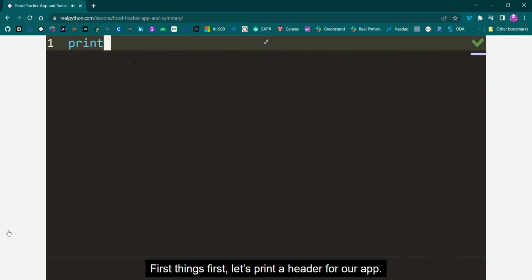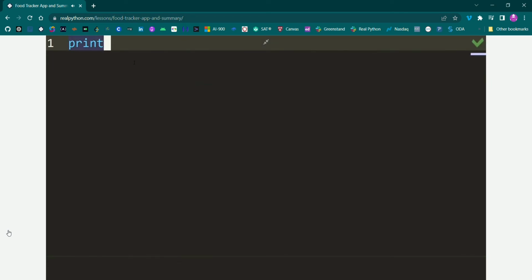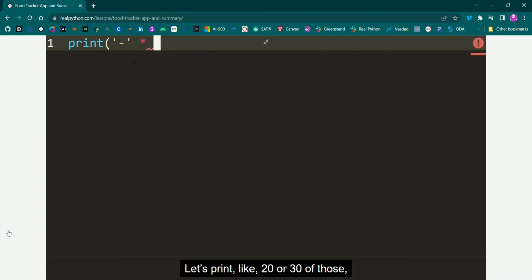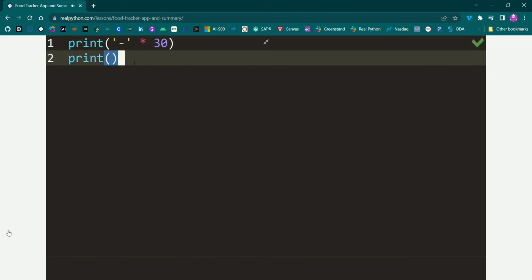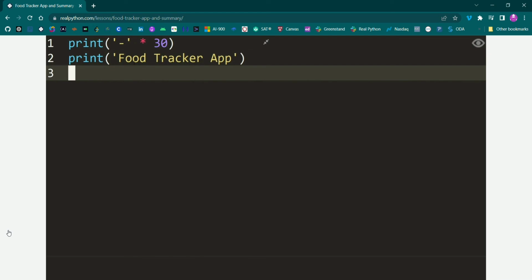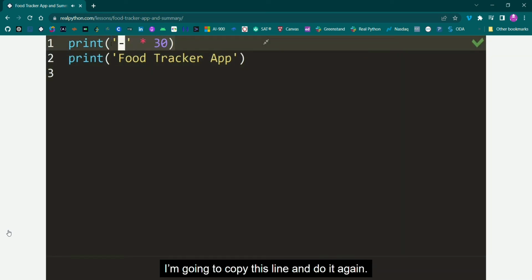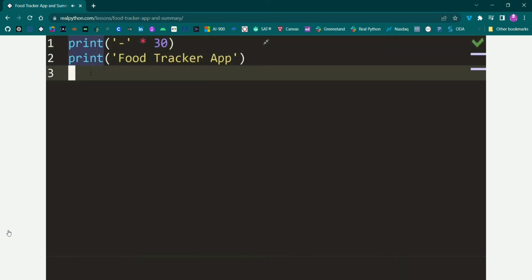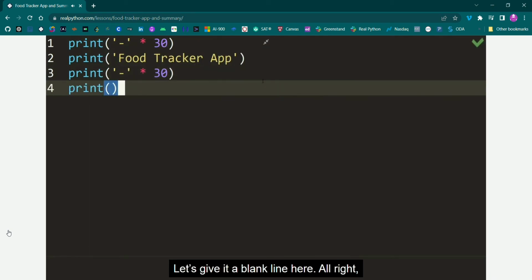First things first, let's print a header for our app. Let's print like 20 or 30 of those. And a title. I'm going to copy this line and do it again. Let's give it a blank line here.